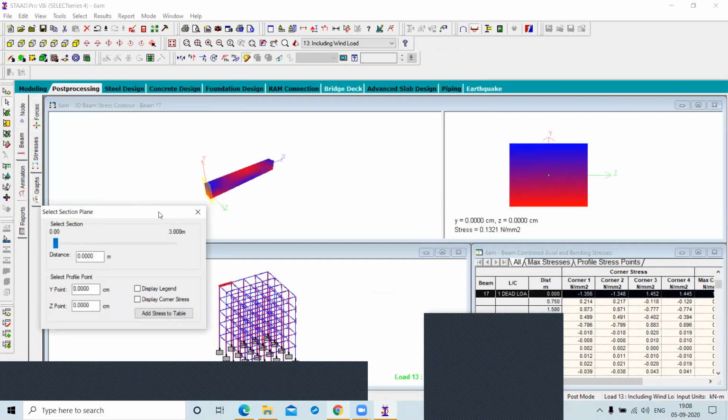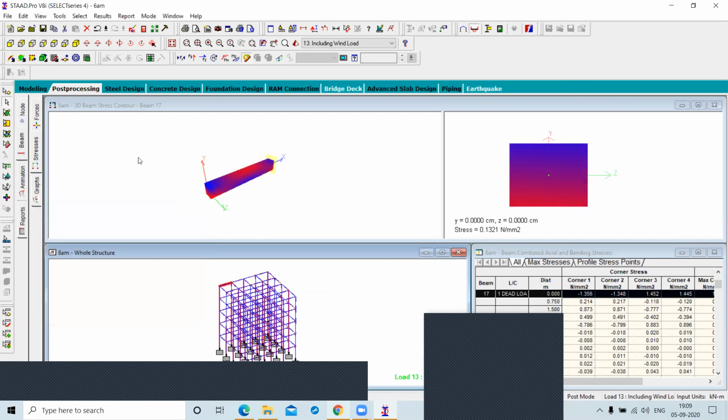This is the cross section at 0, and this is your complete member. If you drag this, it shows the stress at a distance of 1.25 meter, right? And this is your stress value in your member, right, dear? Yes, sir.